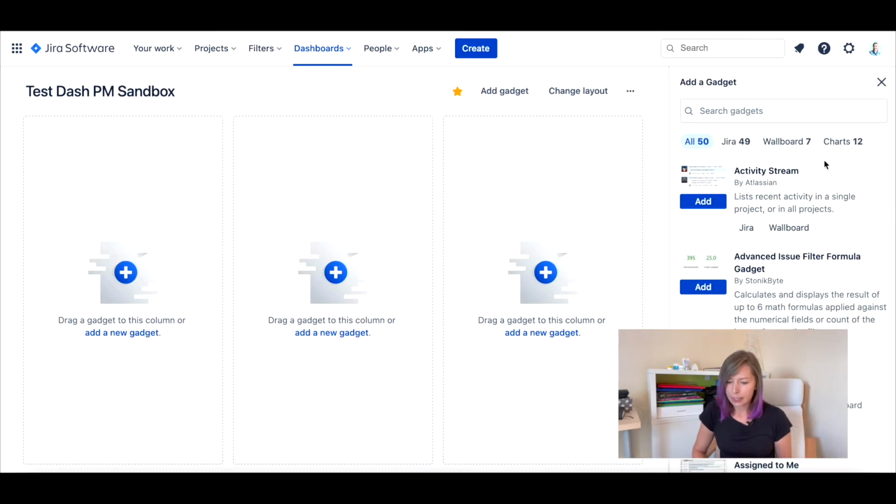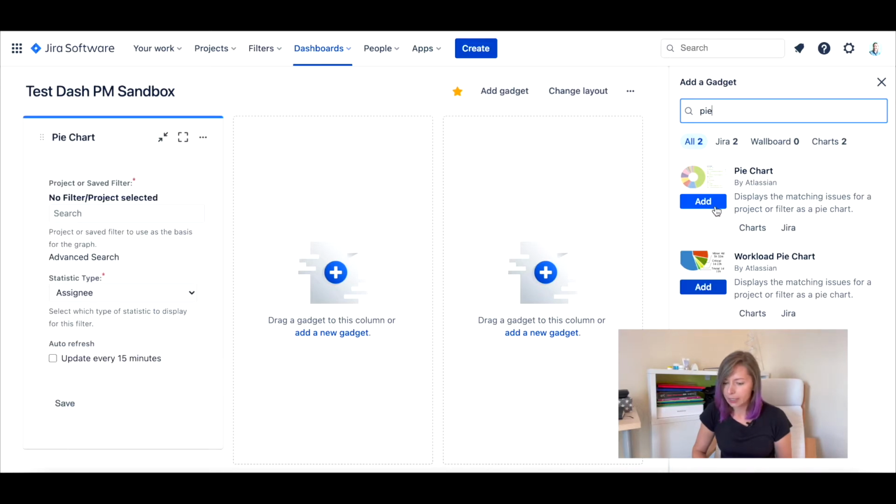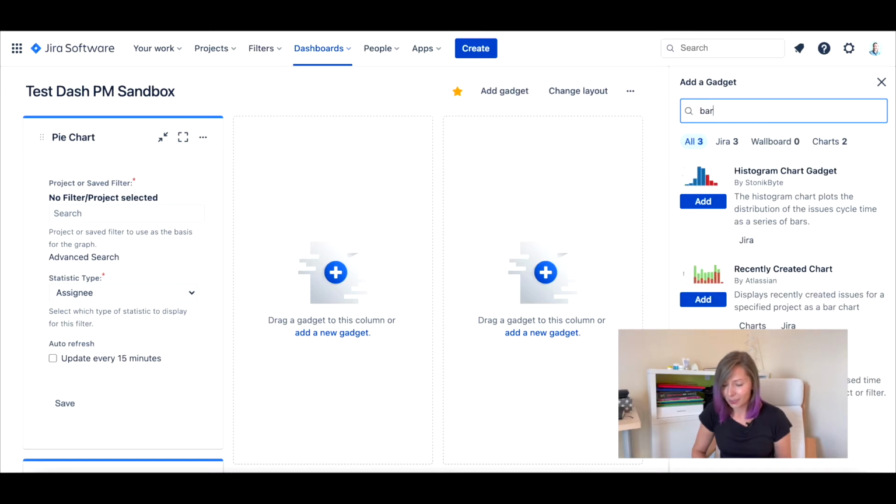So let's see, we need to add a gadget here. By the way, you can change the layout of your dashboard and distribute the charts in the most convenient way. Okay, let's first add the pie chart. And again, the pie chart. By the way, my favorite charts are pie chart,